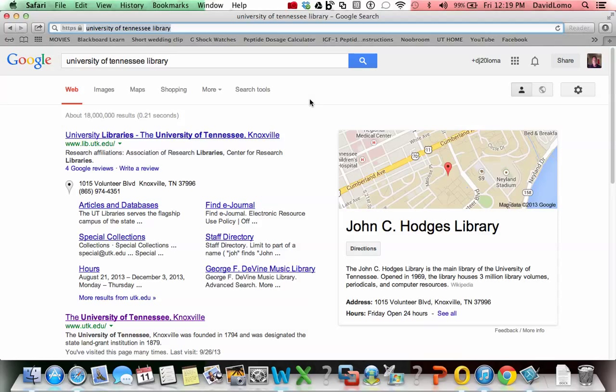My way is a little unique. A lot of people can't really make sense of the way I do it, but it makes sense in my head, and whatever makes sense in your head is really all that matters at the end of the day, because this is your monster. So we'll start by going to the University of Tennessee library webpage,